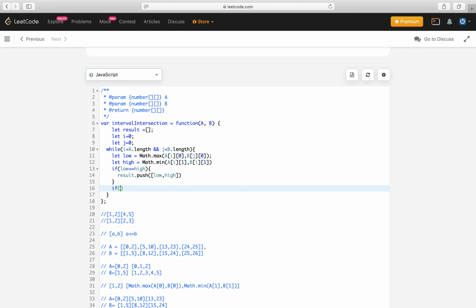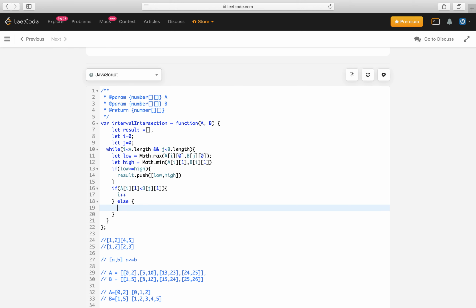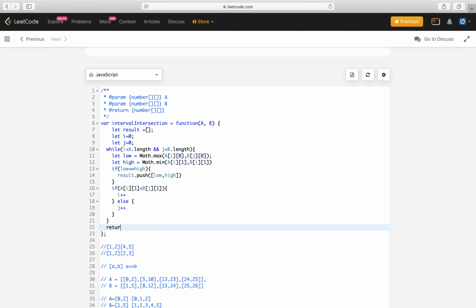We need to check the endpoint of each pair. So if A[i][1] is less than B[j][1], the one which is smaller, we will move in that list, so i++, and else we do j++. And then in the end we will return our result.